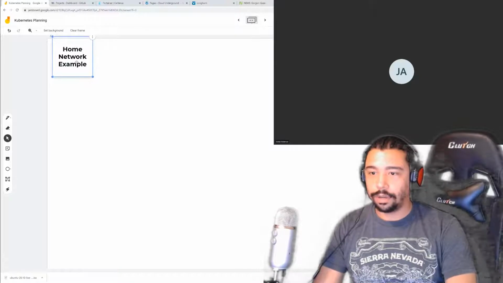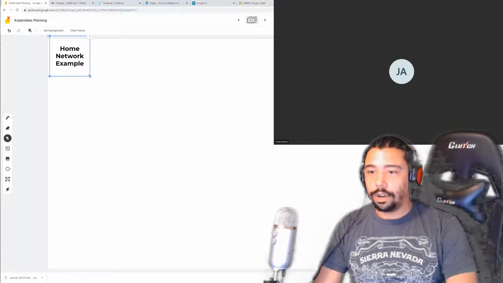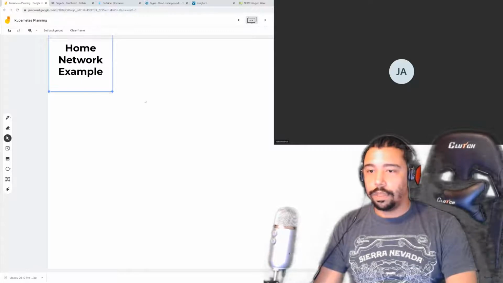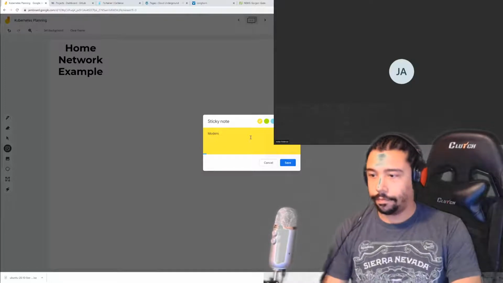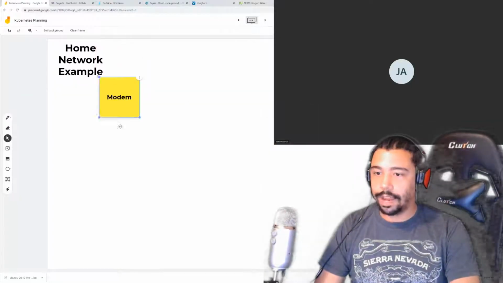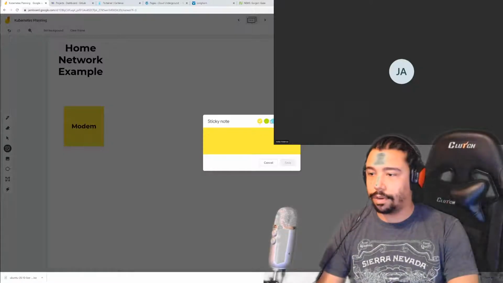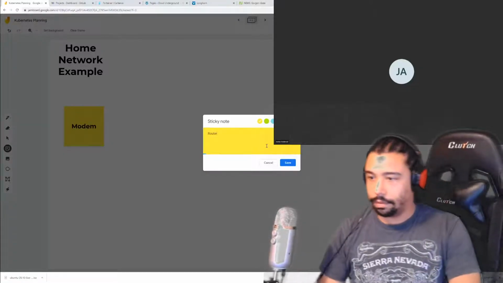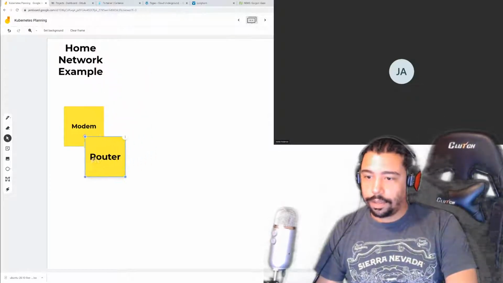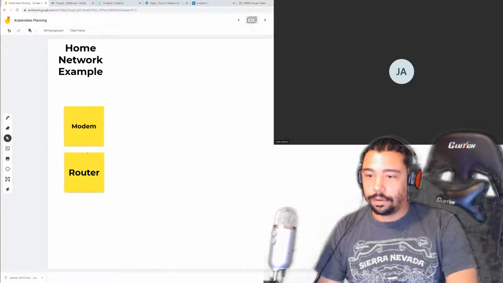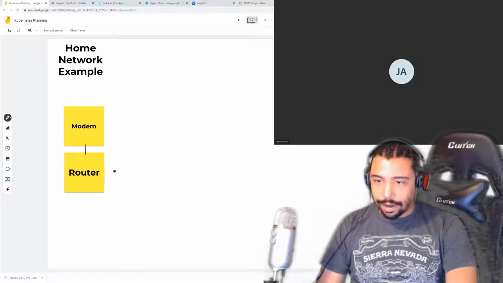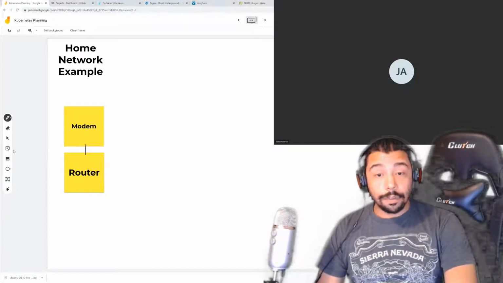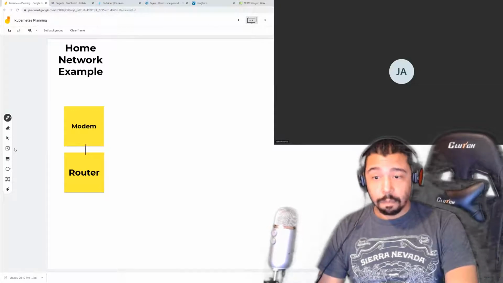Let's say you have a home network. Whatever is going on in your home network, one thing that you probably have is a modem. And another thing you probably have, which I'll just also make yellow, is probably a router. So this is more or less the beginning of, we have our home network. And if we're trying to get ready to figure out how to start using things like Kubernetes, then we're going to start here. And so if you're going to set up a Kubernetes system or a Kubernetes cluster, generally speaking,